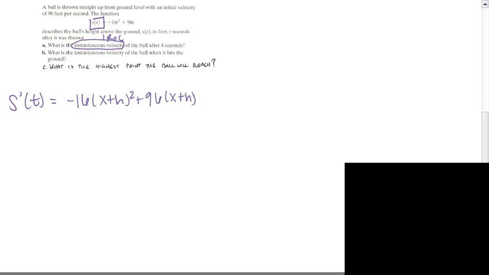So remember, plugging that x plus h everywhere you see a variable, and then we would subtract off negative 16x squared plus 96x. I am putting this in parentheses again to remind myself to distribute that negative, and this is all over h. So I'm going to go ahead and distribute that negative now, which would give me a plus 16x squared and a minus 96x, and then I don't have to worry about